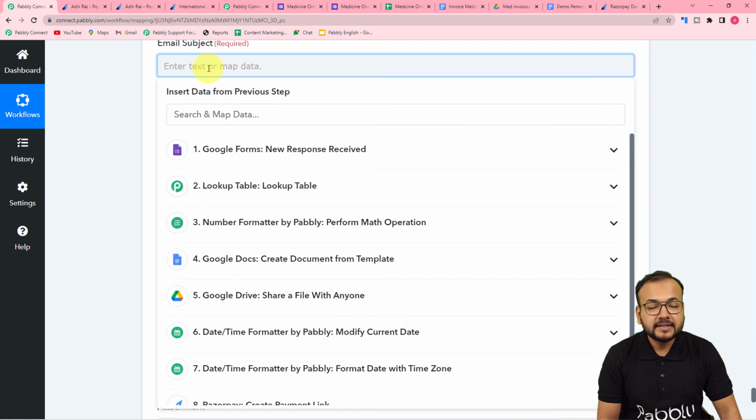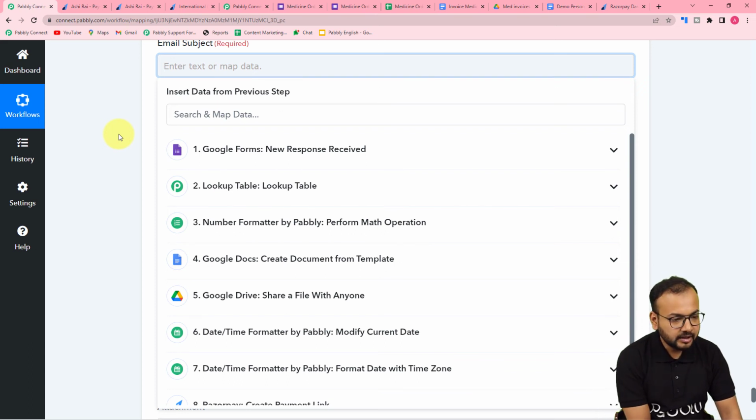Here it is asking for the email subject. So the subject of this email is for sending the confirmation. So here I'm writing order confirmed for medicines. Okay,